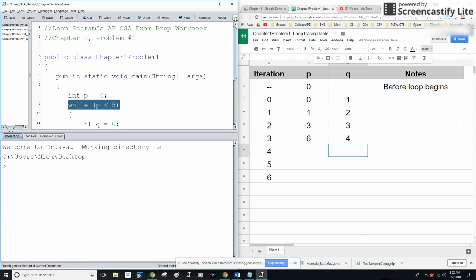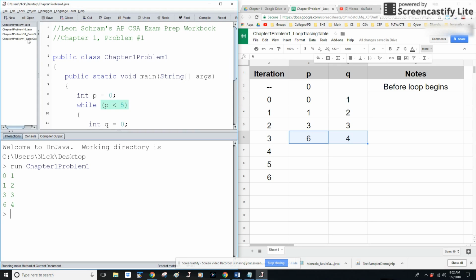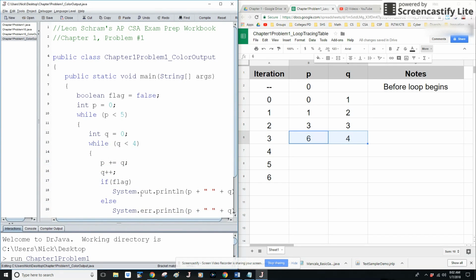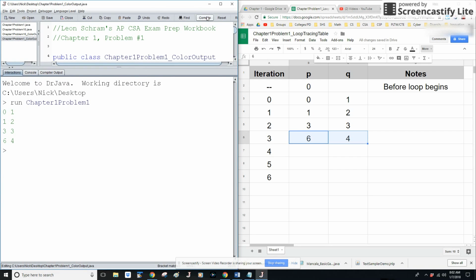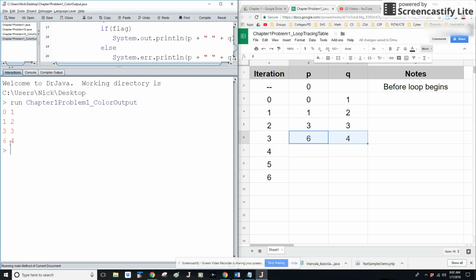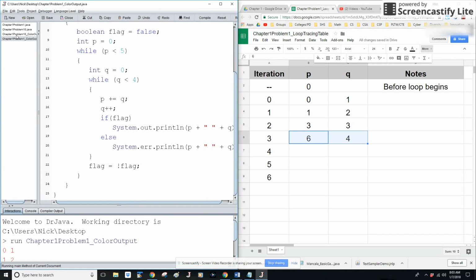So we can run this code to confirm our answer, 6, 4, yes. P and Q finish at 6, 4. And I can run this in a slightly different version. I've created a version that has a Boolean flag to create color output with the regular System.out and the enhanced System.err. When I run this version, I get all red output, and so that confirms that my outer while loop is only iterating one time. We can contrast that, though, with number 10